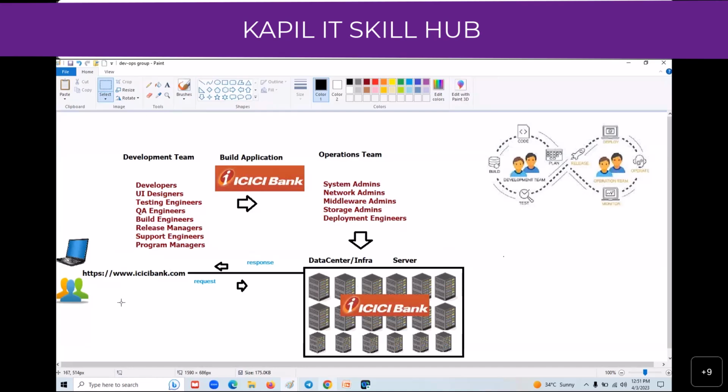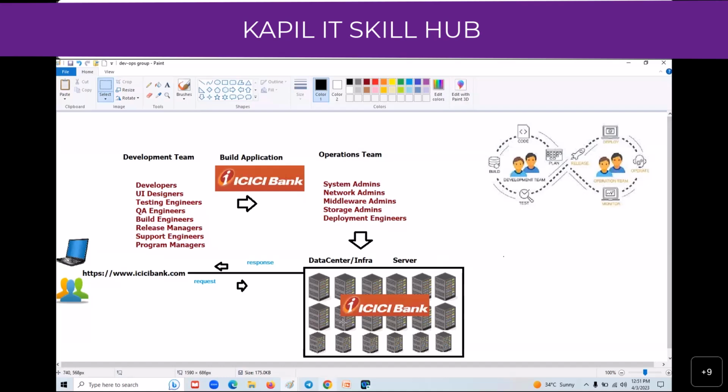This is what happens in the backend when you hit any URL. Okay, so these operations team people, their job is to make sure that this application is stabilized on all these servers, and ensure that all the servers are available.